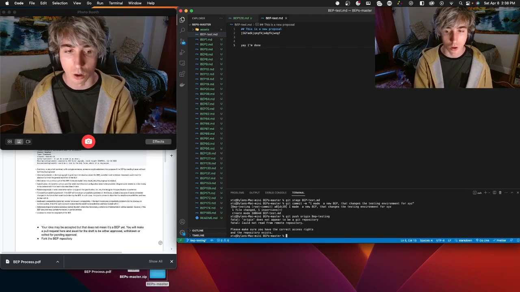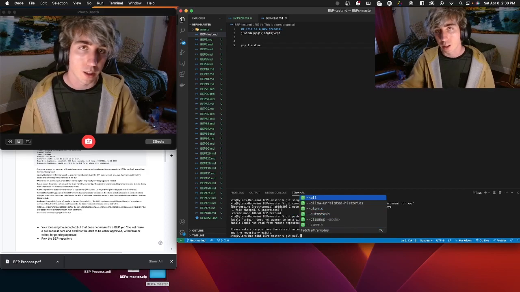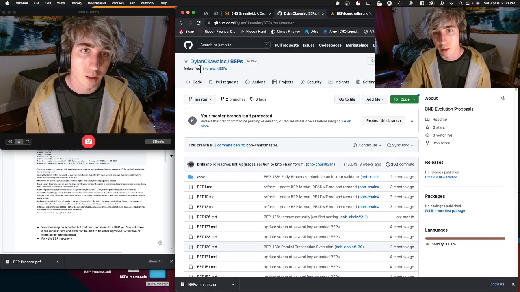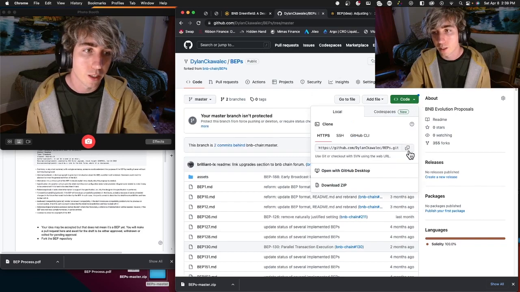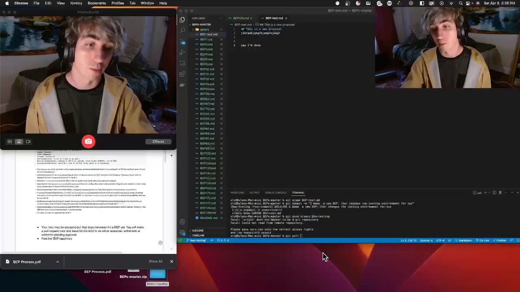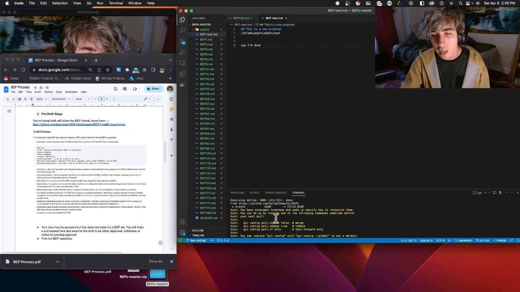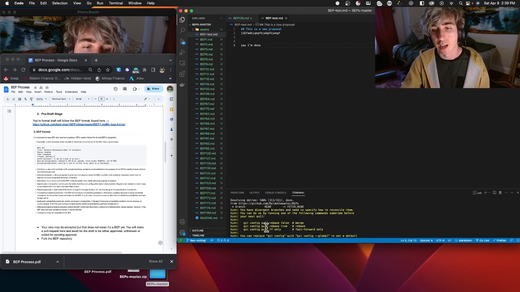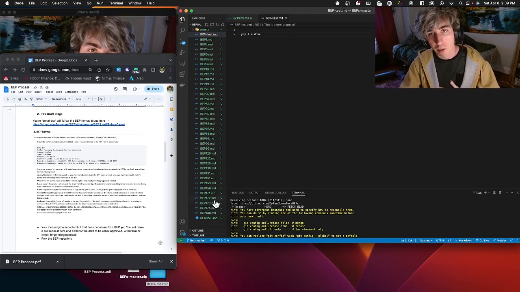Okay, so what I'm going to do is git pull, and like I did before, I'm going to pull from my repository, which is BNB Dylan's BEP, right? I'm just going to pull this, or at least attempt to. And if it doesn't work, there's going to be some reasons, but it did it. So it sees that I'm ahead of the branch and that I need to commit all the branches, but it basically pulled in everything that I had in my repository